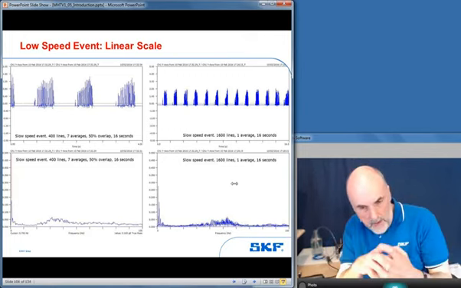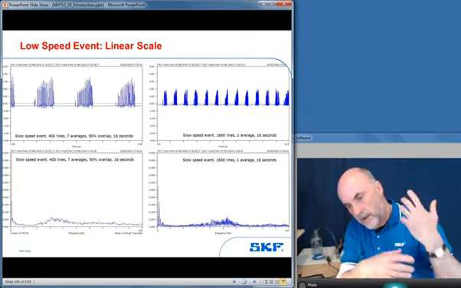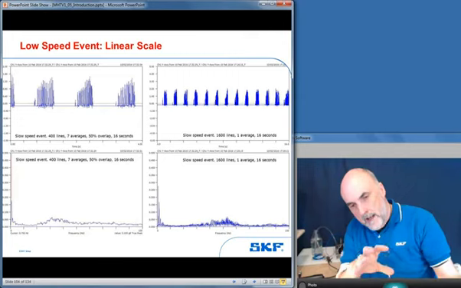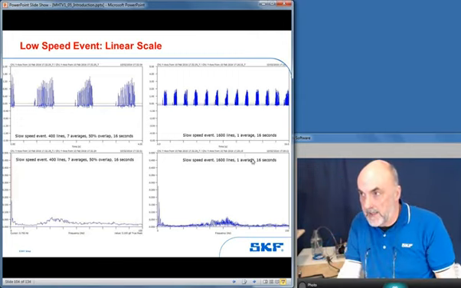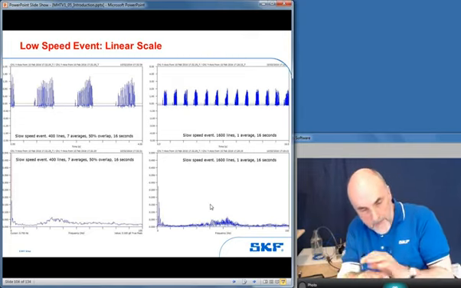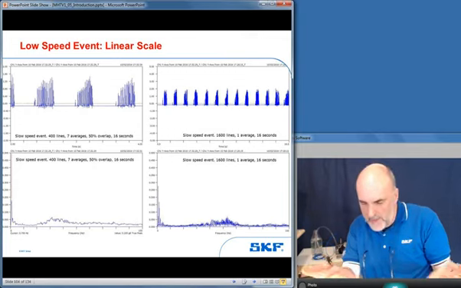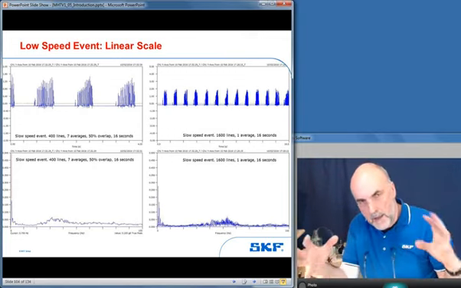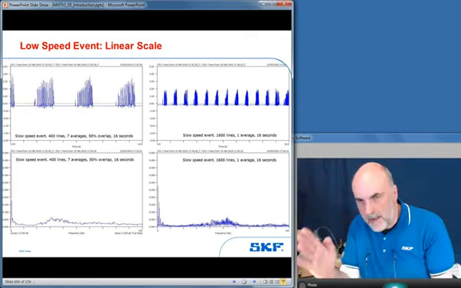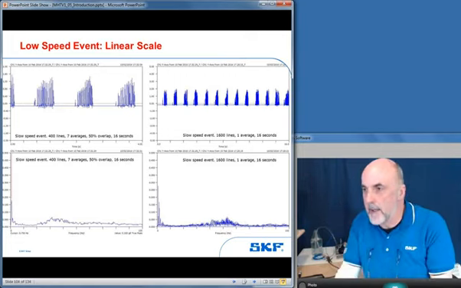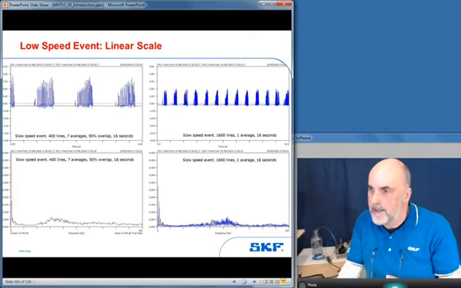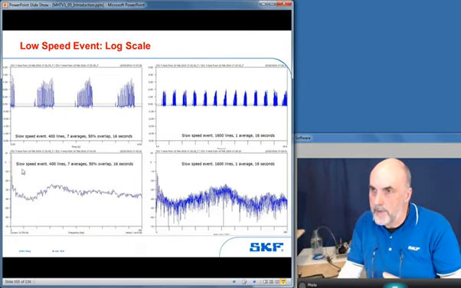By all means, averaging is great. I'm not arguing with that. Averaging is fantastic, but at slow speeds it can become an issue, because if it's taking 16 seconds to get you one really good quality measurement, and you're going to average 4 averages, 4 times 16, that's over a minute that you're going to be standing next to your machine, and is it realistic to expect that machine not to have varied speed during that time? So it's this balancing act, this trade-off between the two.